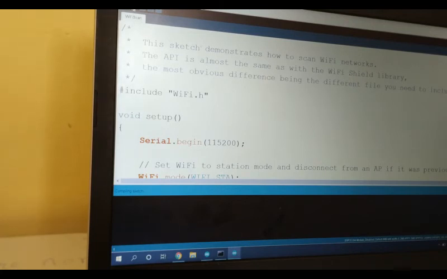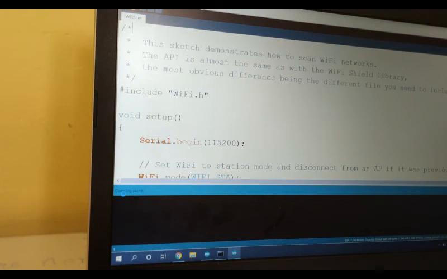Okay, and one more thing you need to remember is, in this board there are some boards for which the sketch gets uploaded automatically. For some boards we need to make a manual adjustment. I will show you how to do that. Hope you can see here the compiling sketch. The sketch is being compiled. Sketch means the program we have written is called a sketch.